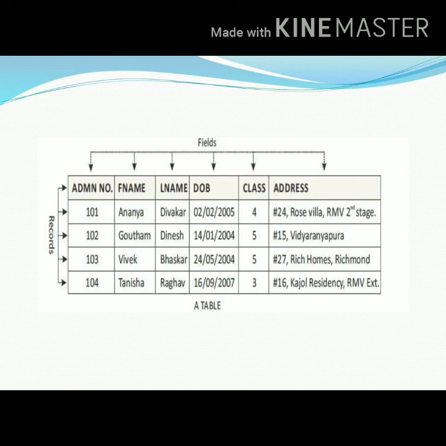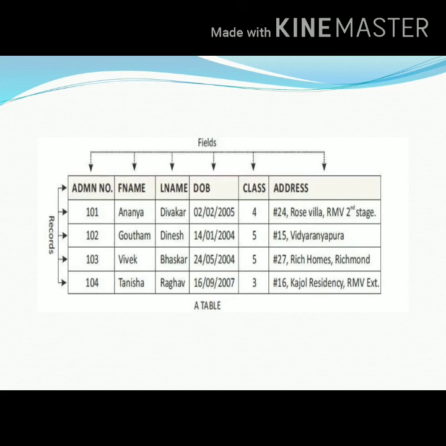For creating a table, you open MS Access. Last class I already explained how to open it: Start, All Programs, MS Office, MS Access. When you open MS Access, you get a blank database, and you have to enter a database name and then click Create, and the database will be created. For example, School is the database. Under that particular school database you can create many tables, such as fees and student marks.